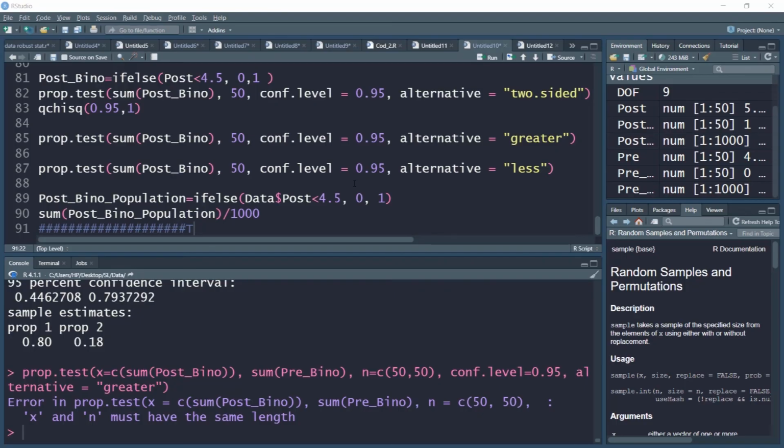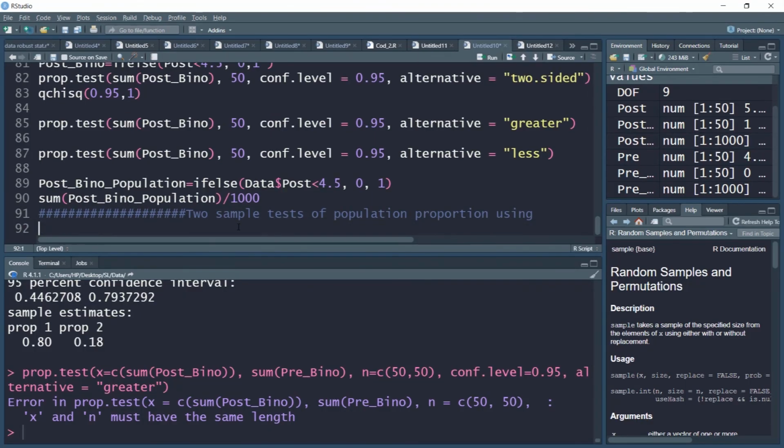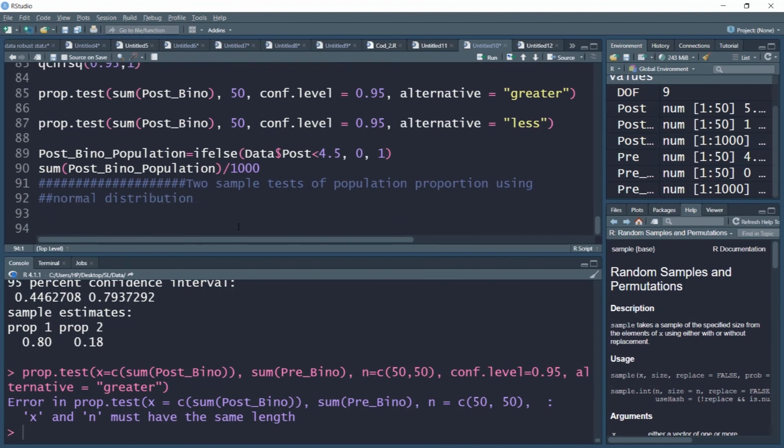So we'll conduct two sample tests of population proportion using normal distribution, and to start with we'll again use that prop.test command. We'll now supply not one sample but two samples very easily. So first we'll provide post bino, and then we'll provide pre bino,